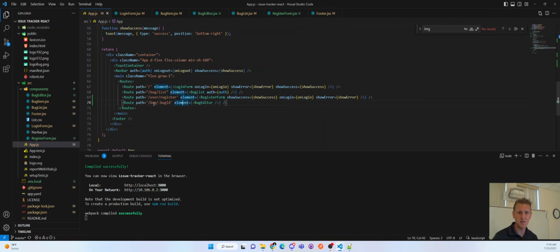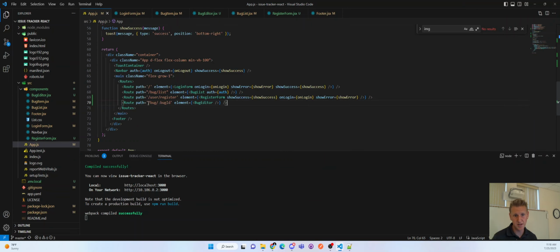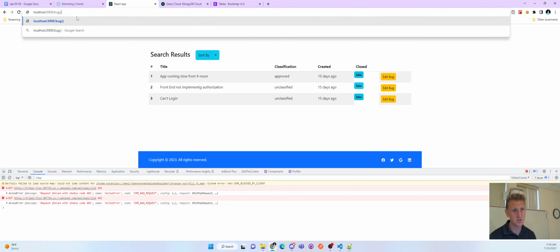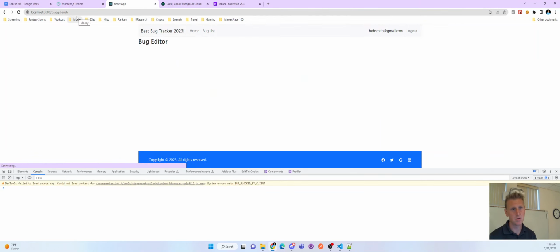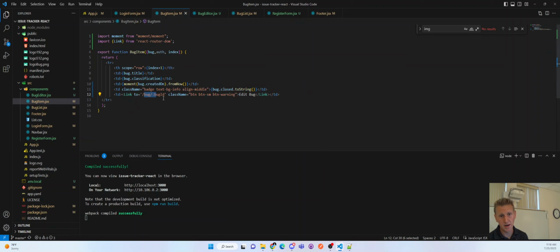So if they go to /bug/bug ID, they go to bug editor, and bug editor just says bug editor. So let's go to /bug/bug ID in our gibberish. That brings us to bug editor. That's good. So now if I go back to our bug item,